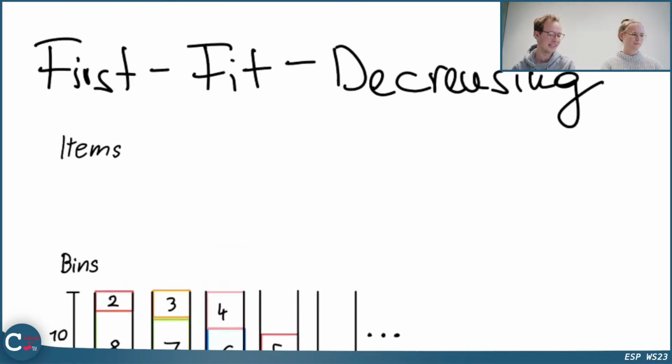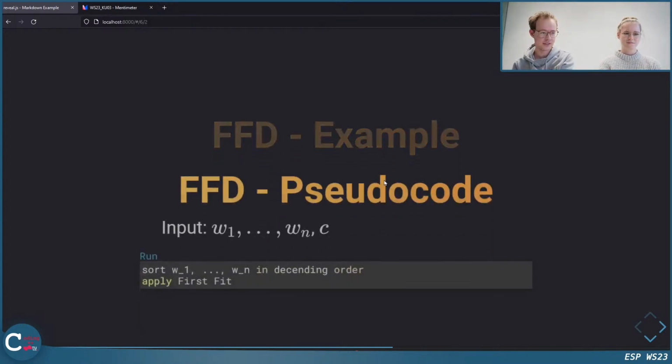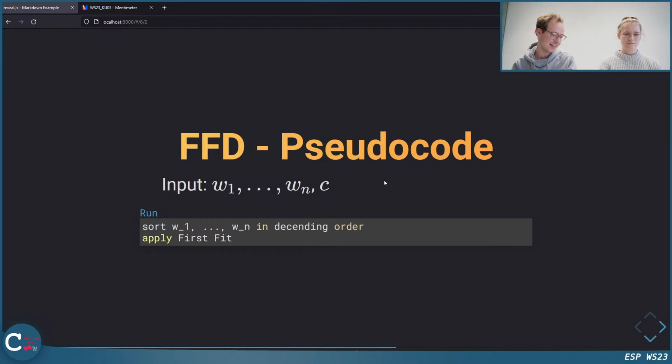Okay, then we switch back to the slides and we switch back to the pseudocode, which now really gets complicated because now that's like the most complex algorithm. So we really have to do a lot of things here in the pseudocode. So let's look at it. And it looks like this. Okay, it's not that complicated.